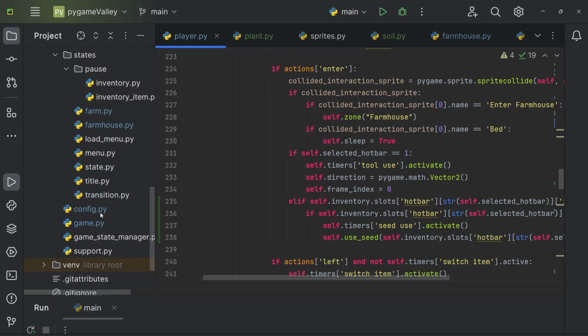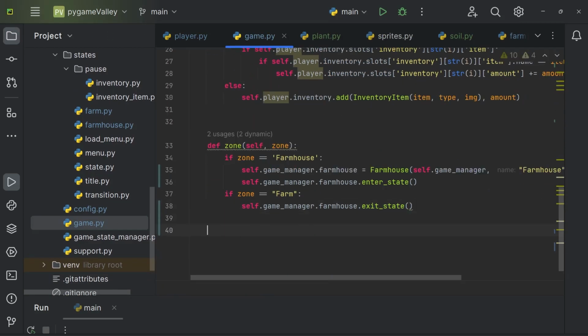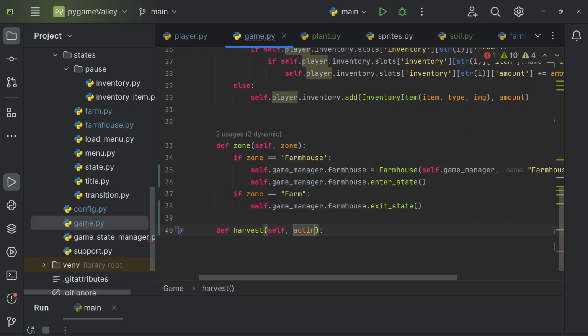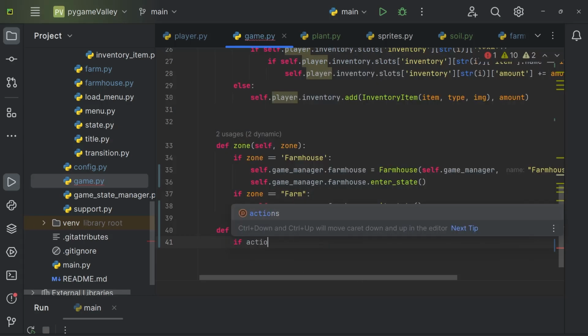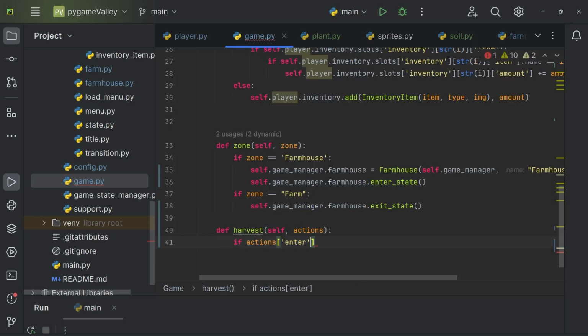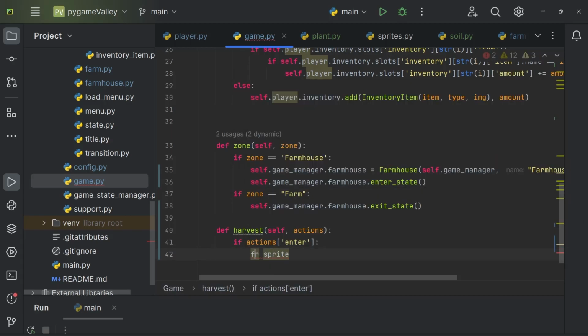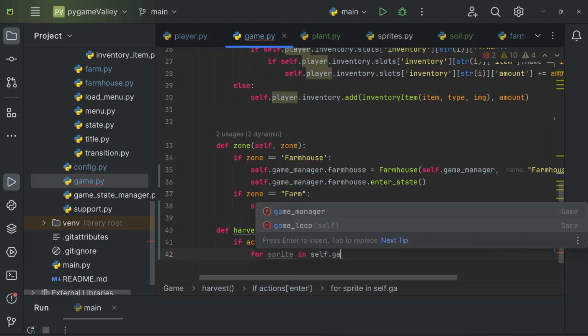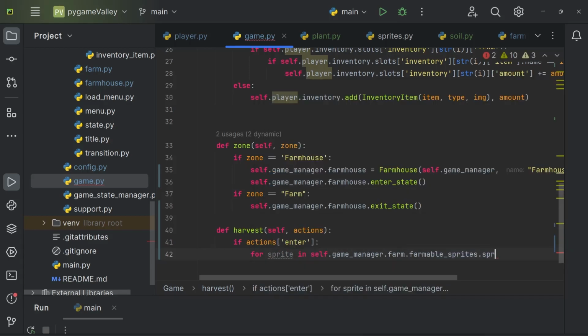So we'll go to game.py, create a new function that we'll call harvest, which will take self and actions. And then if actions enter, for sprite in self.gamemanager.farm.farmable_sprites.sprites,